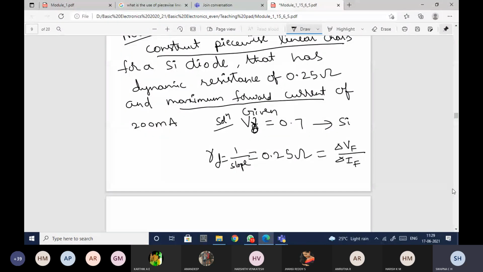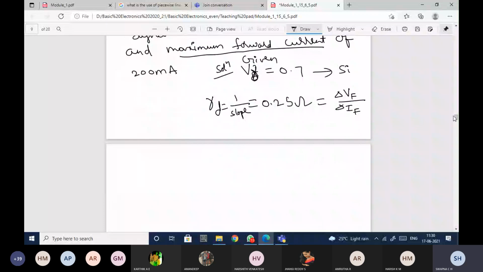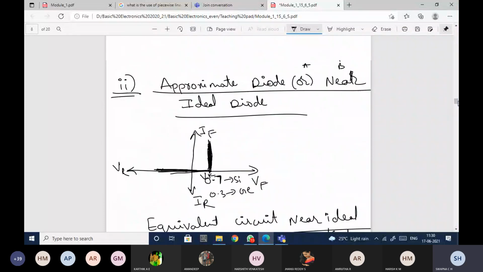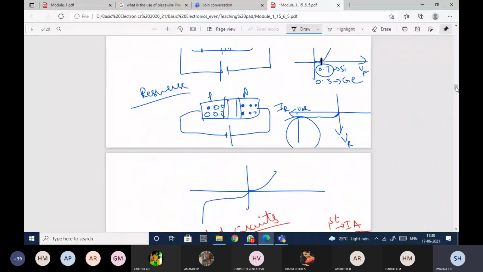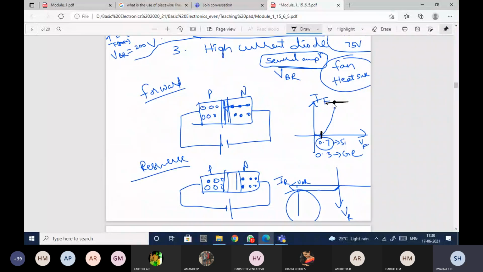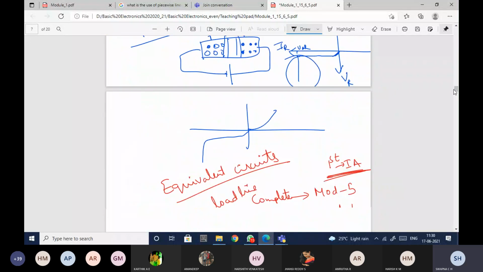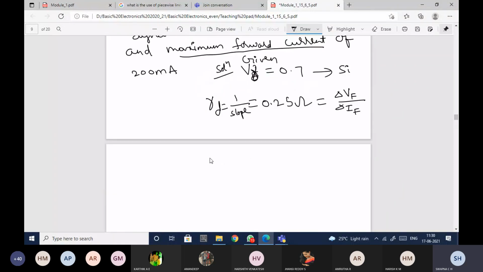So it is nothing but the maximum. See, I have told you in the forward bias characteristics, right? What I said that there is some limitation on the maximum current. So this is a maximum value that the diode can withstand. Beyond this, the diode will get overheated, and if it gets overheated, you will not be able to reuse the diode. So that is what we have studied. I don't know why you people were not able to recall. At least one person could recall. I'm so happy for that. So he has also given IF maximum. IF maximum he has given. It is 200 milliamperes.